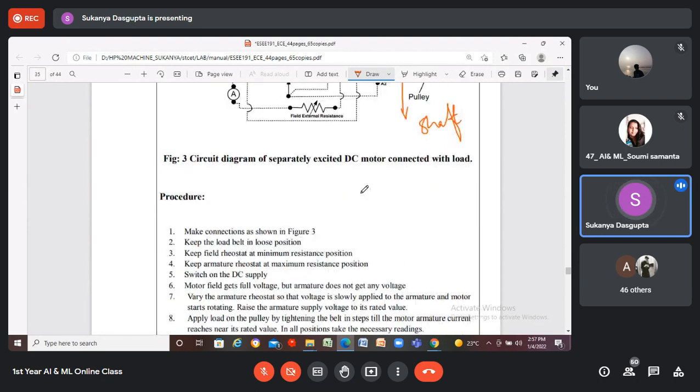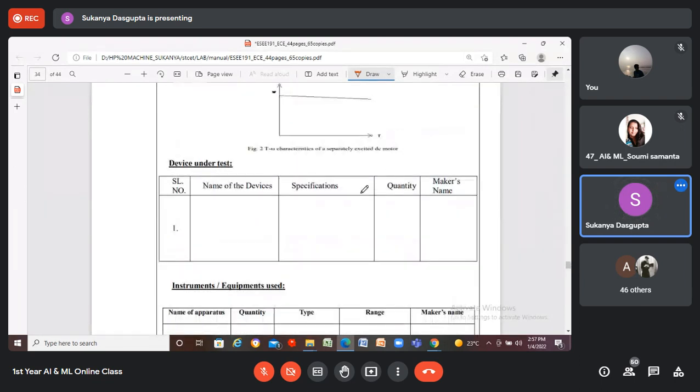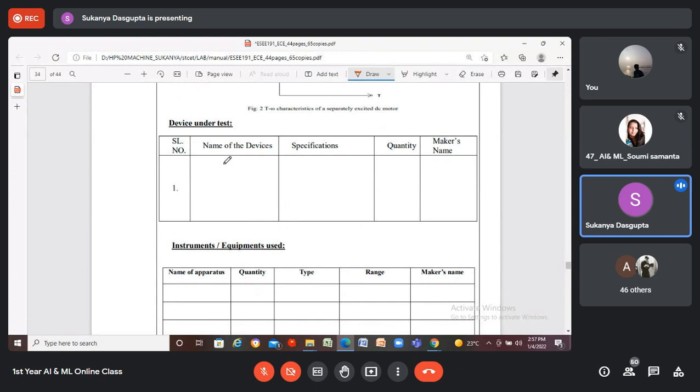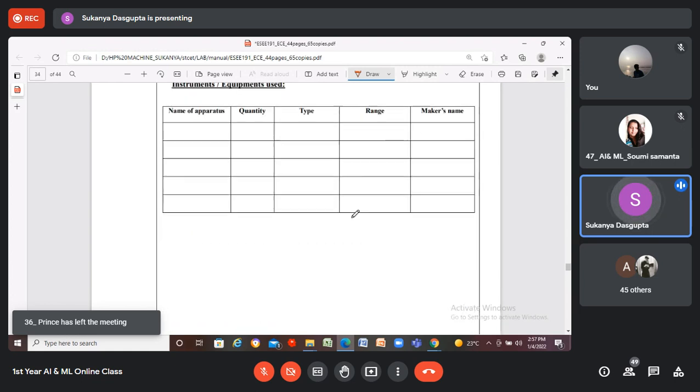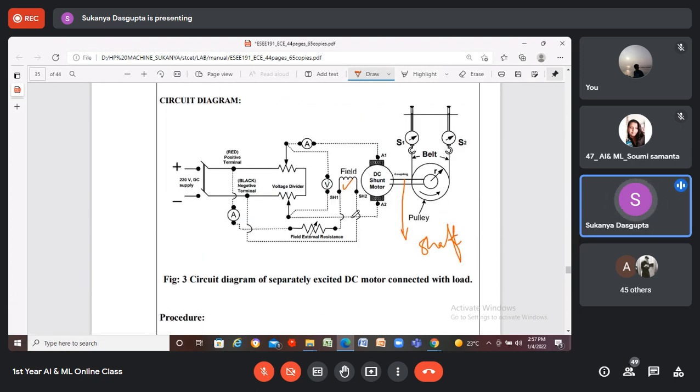below which you will draw the apparatus table. I'll provide you the name of the apparatus and their specifications. You will write the name of the device which is under test, that means the DC shunt motor. And in the next table, you will write down the name of the apparatus, instruments, equipment which are required to perform this experiment. Okay. So from this circuit diagram, you will be able to understand what instruments you require to perform